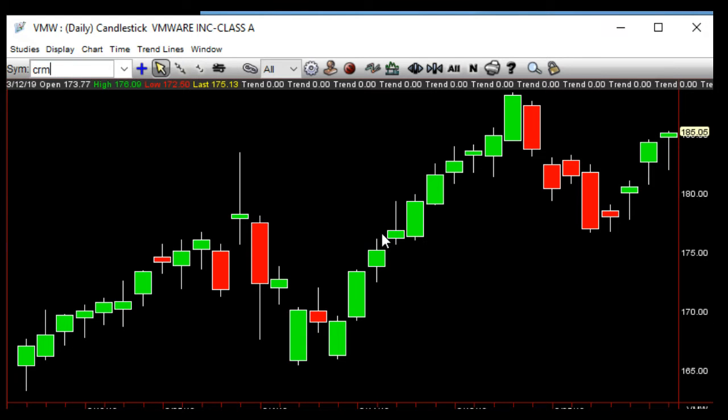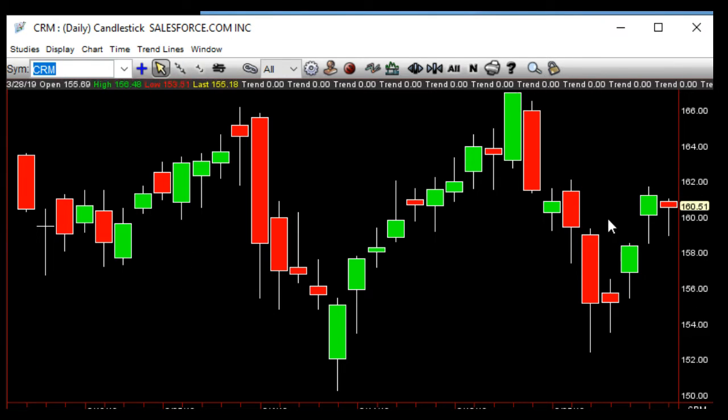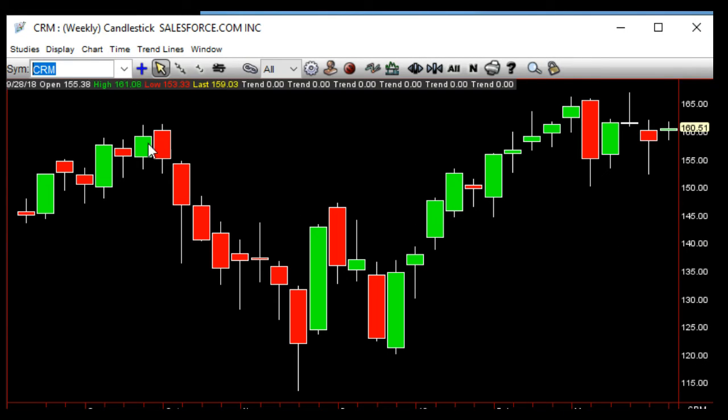If we go to CRM, CRM gives us an inside day. And the importance of that, once again, is we can take this out, and we go back up. Here was the rev strat down. And so here's important when I talk about magnitude: how far can we expect something to go? So when you have this